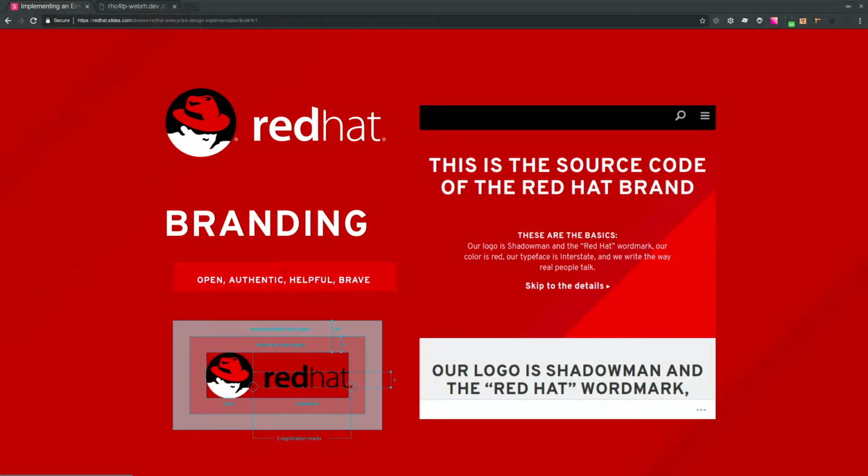So for Red Hat, we start out with our branding site. This is something that we've come up with that helps us understand what the message is that we're giving to our customers, to our partners, to our vendors. It helps us all stay on the same page. It covers things like messaging, what sort of fonts are appropriate, what sort of colors are appropriate, what the rules are for using the Red Hat logo. All these things are independent of even doing a website. This covers everything from business cards to posters and flyers to events and marketing. So once we have this sort of documentation built up,